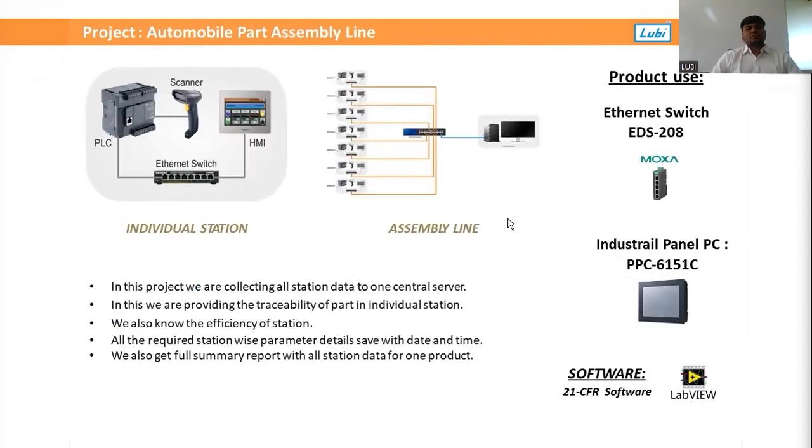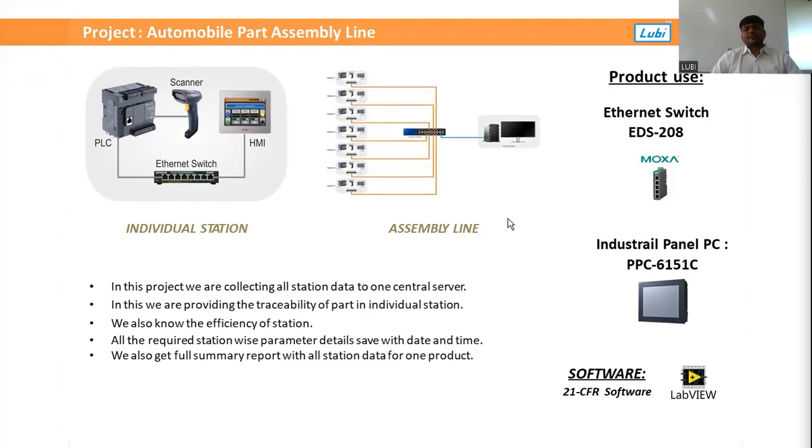Another application we have showcased is the automotive part assembly line. In this application, we have to collect all the station data to one central server. There are a total of 13 stations. At each and every station we have to trace the parts and the efficiency of the product and of the stations. All required station parameter details are saved date wise and time wise,